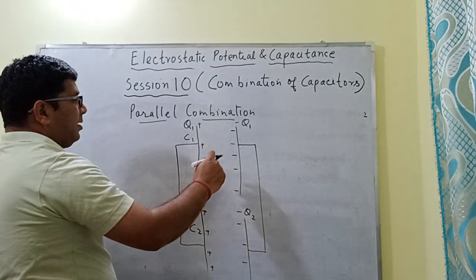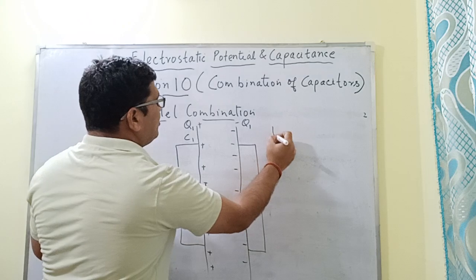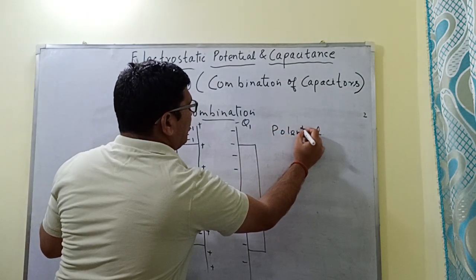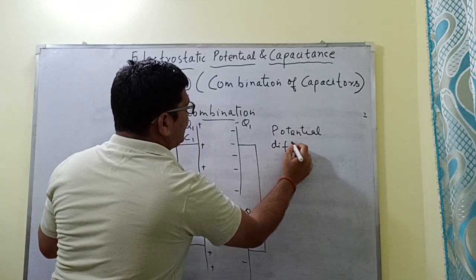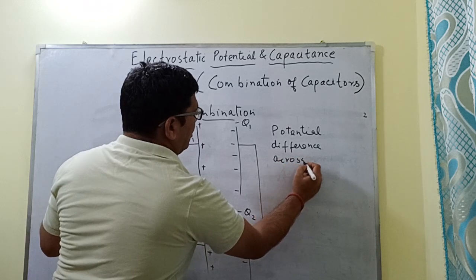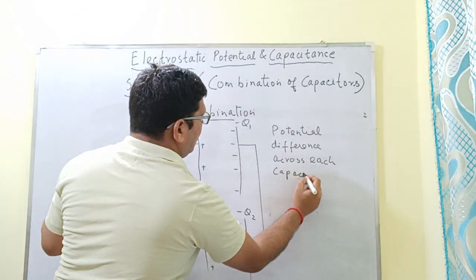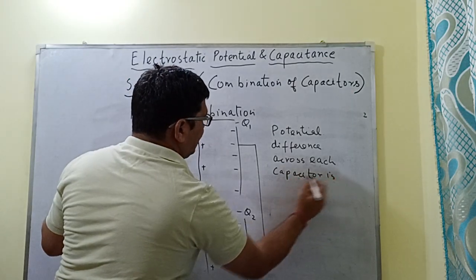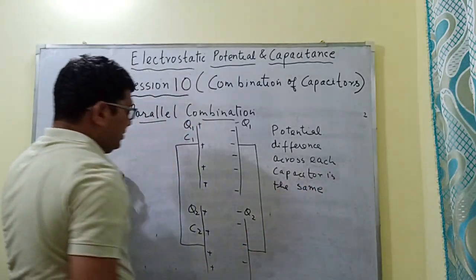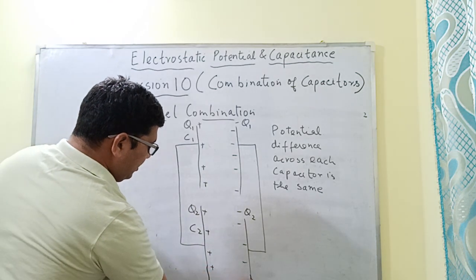ठीक है, अब पैरेलल कॉम्बिनेशन में क्या होता है कि the potential difference across each capacitor is the same. ये तो पहला पॉइंट हो गया, ठीक है, मतलब कि